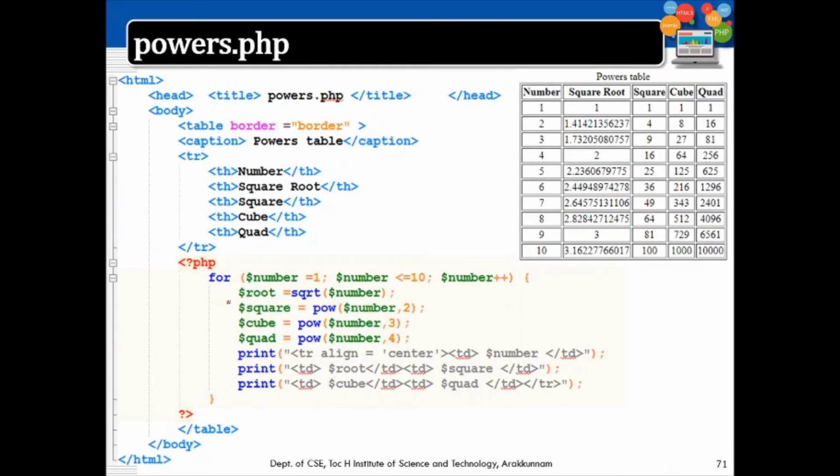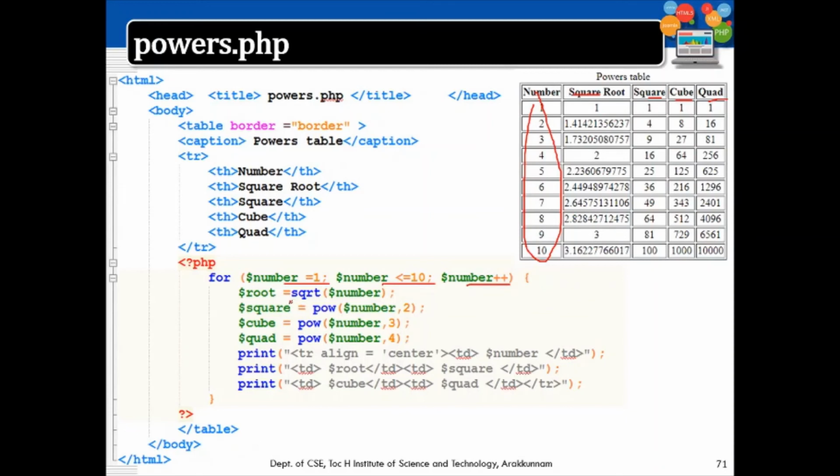This is an example of using a for loop to print the square root, square, cube and quad powers using a loop. So I am starting with 1, 2, 3 up to 10. So I have number equal to 1, number less than or equal to 10. Then the iteration increments one by one.